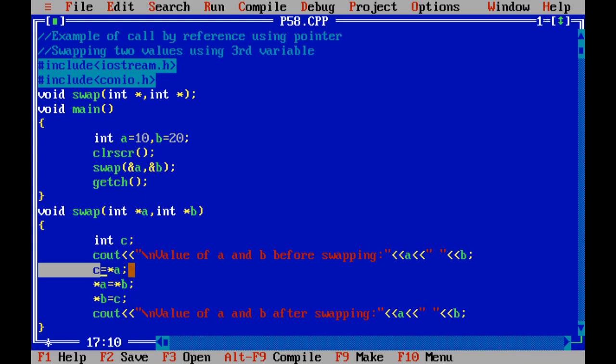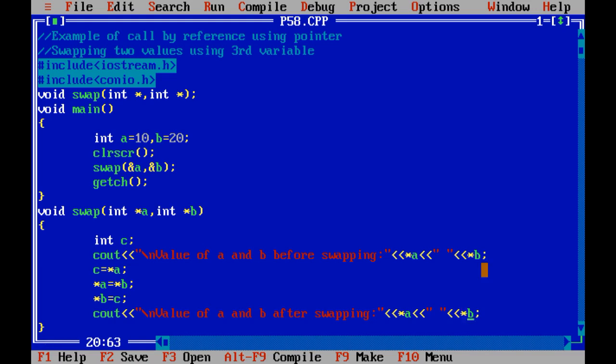After that we store the value at address b, that is 20, inside a. And after that the value of c, which we have already stored as 10, is stored at the address of b, so 20 is overwritten. Right now a is my pointer variable, so I need to apply the pointer, because I am going to store the value at the address of a and the value at the address of b.